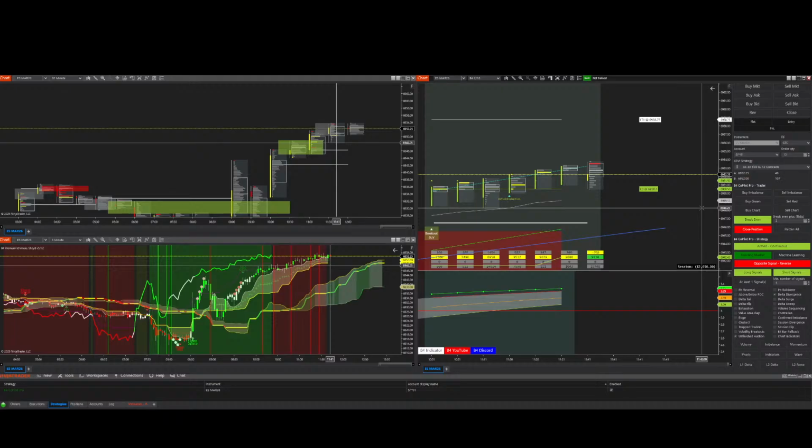So if on this pullback, Walshy, if we break the Tenkan-sen on this chart, the Tenkan or the Kijun? The Tenkan-sen, see right here, on this chart. If we break the Tenkan-sen here, I expect it to come down, and this is naturally the zone that we expect support. But there's also